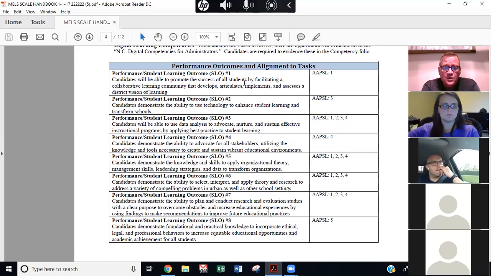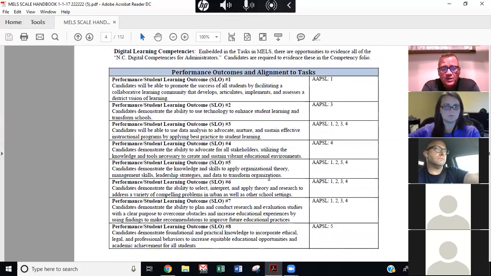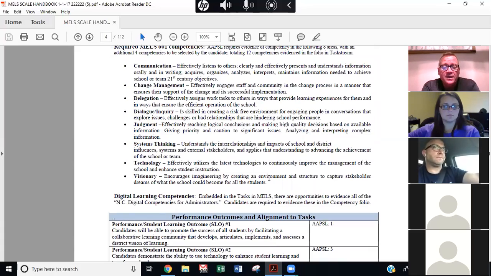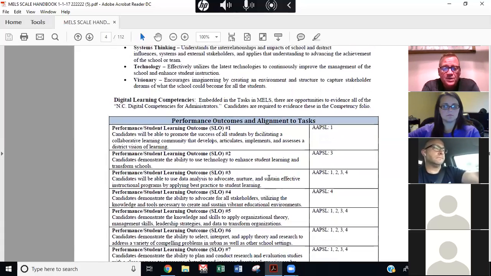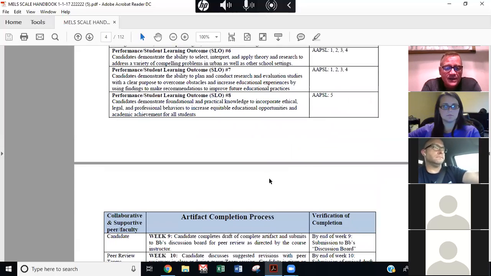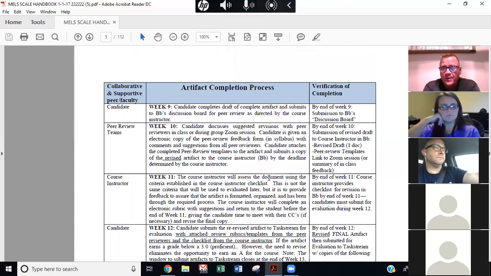This SLO specifically deals with task 1. As you're completing the APSL task 3, then you're going to be demonstrating learning in this area. And basically that's the ability to use technology to enhance student learning. So I just wanted to draw those to your attention, make sure that you knew where those were. They will be in the beginning of each evidence within the handbook, but just don't forget this handbook and the value that it contains for you as you work through this program.